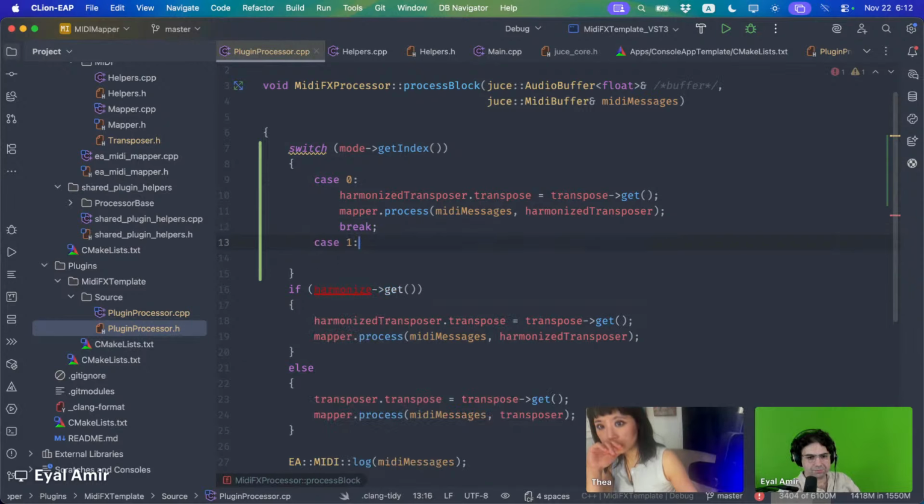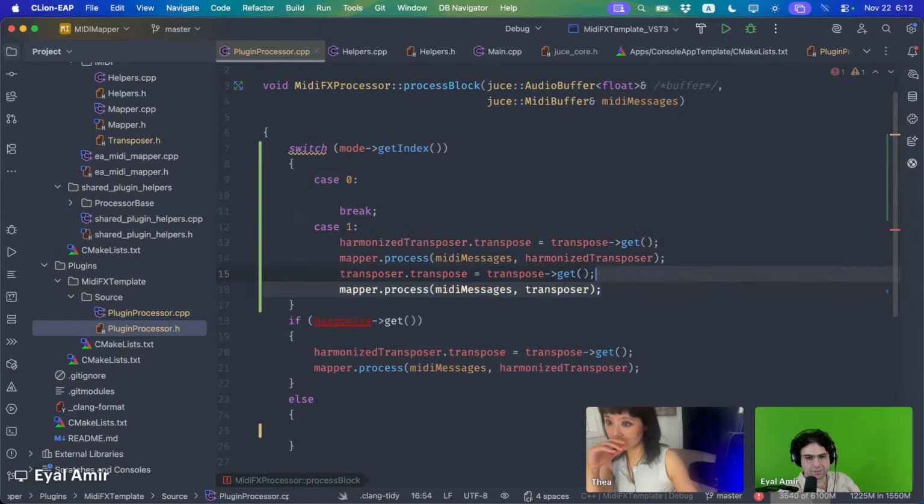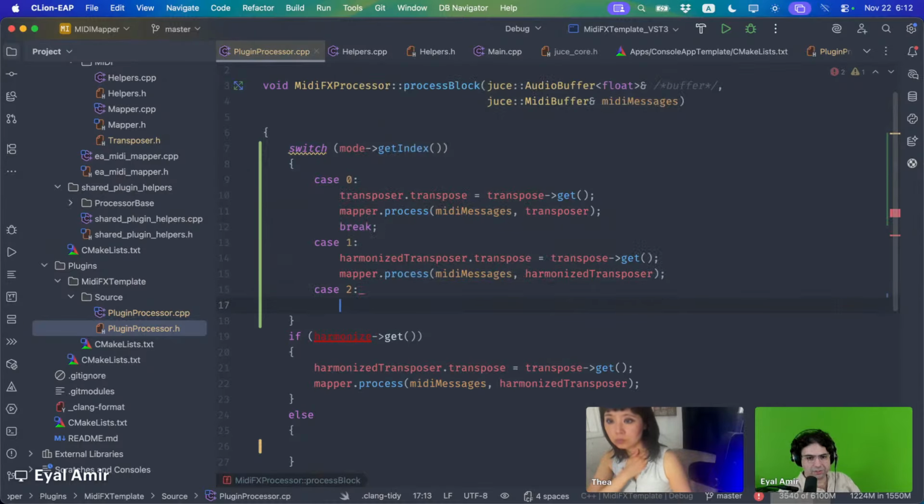Case 1. I think it's opposite now. I think this should be the first one. This should be the second one. And case 2 is just like